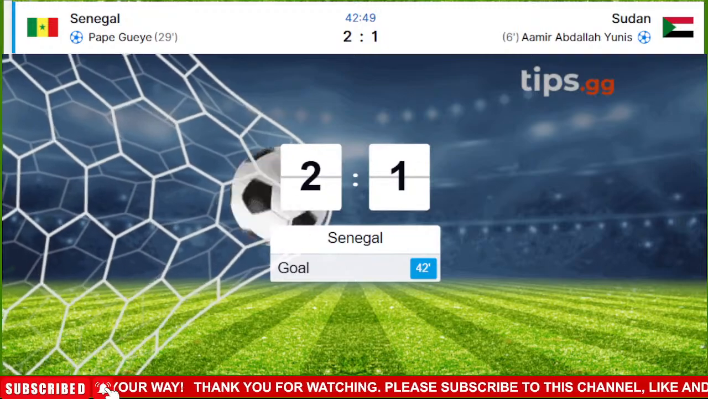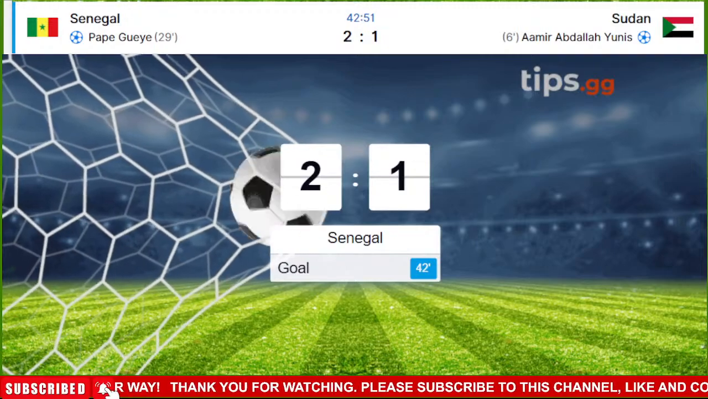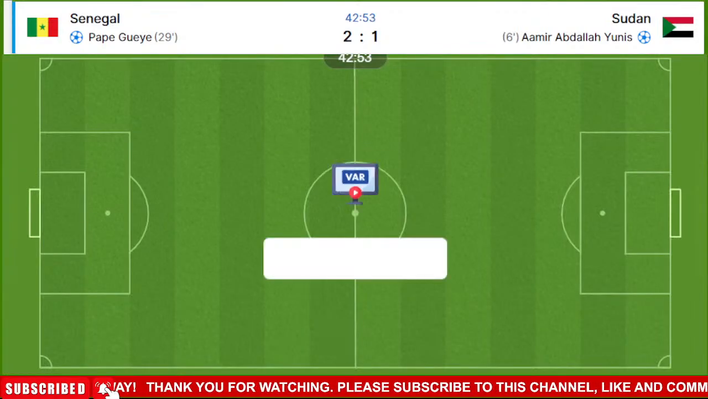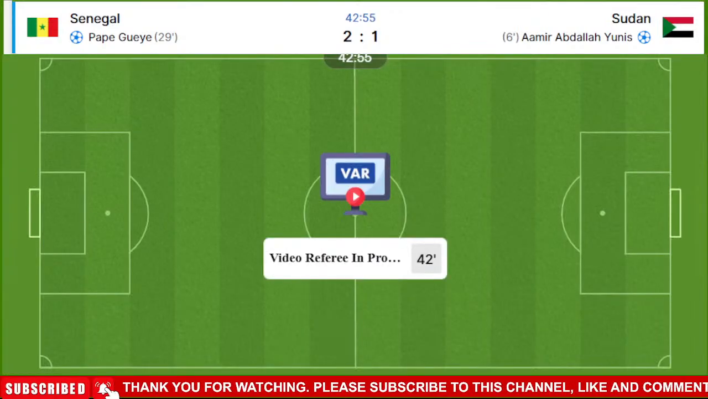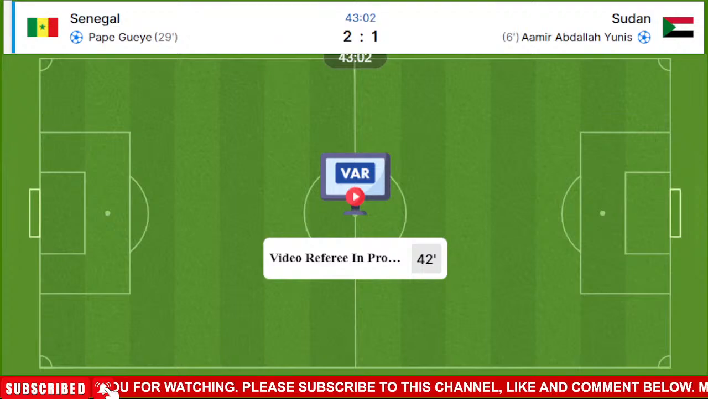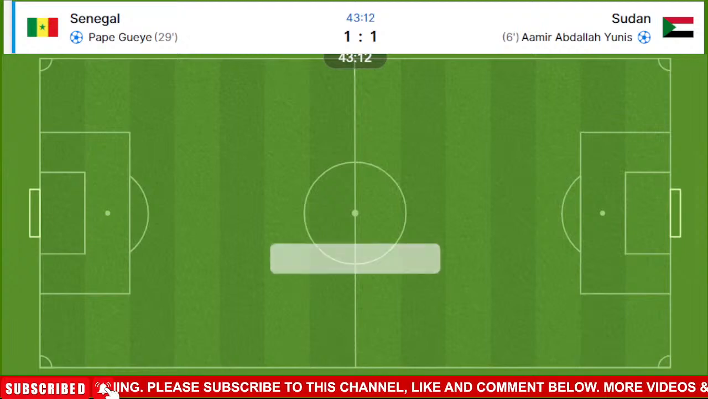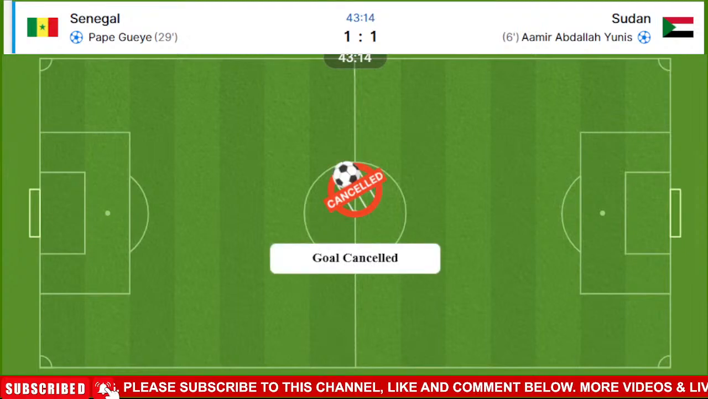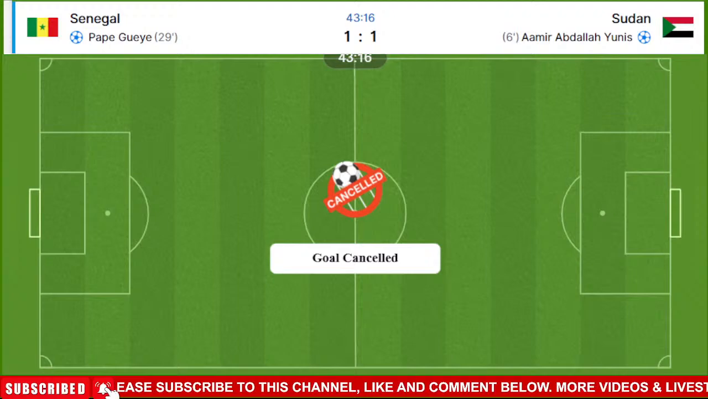Out to the right-hand side it goes. Over halfway, Senegal have it. And this time it's played through and headed down and collected by Senegal, who have it now in the centre circle. But in this last 16 encounter, it's still Senegal 1, Sudan 1. Aymar Abdallah on 6 minutes for Sudan, but his goal then cancelled out by Papa Gueye